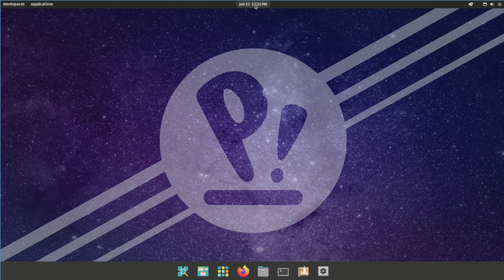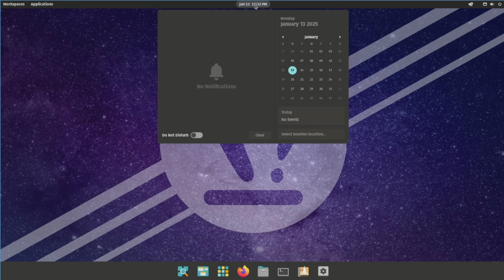The middle of the screen is, of course, our date and time stuff. If we click on this, it will open a calendar, and there is also a notifications portion here, which sometimes may show system updates and things like that. There's also a do not disturb option, and then there's also a clear option if you want to clear out your notifications. And then you can also select a weather location and take a look at events for the day